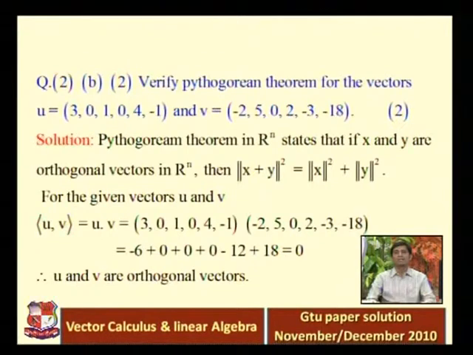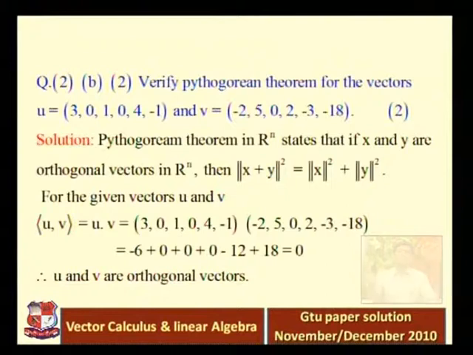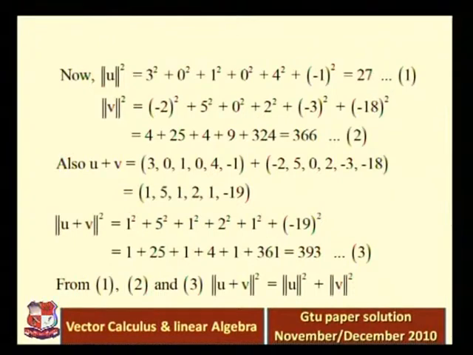Now if these two vectors are orthogonal, the Pythagorean theorem should be satisfied for them, and that we have to verify. So first of all we find norm of u square and norm of v square. It's quite easy, because we know that for any vector u, if we take u equal to (u1, u2, u3), norm u square is equal to u1 square plus u2 square plus u3 square. So norm u square is equal to 3 square plus 0 square, because